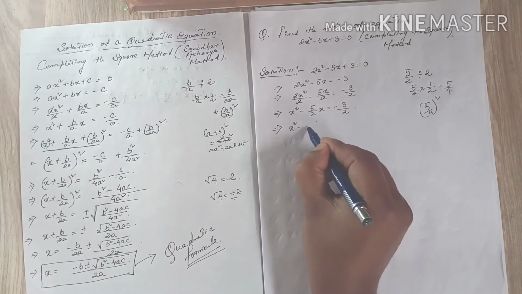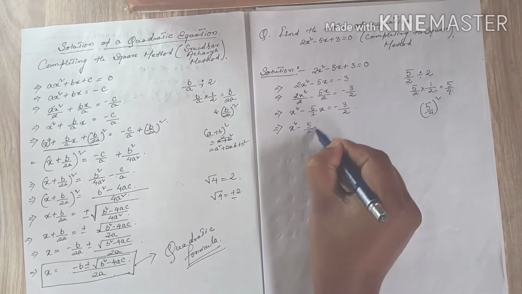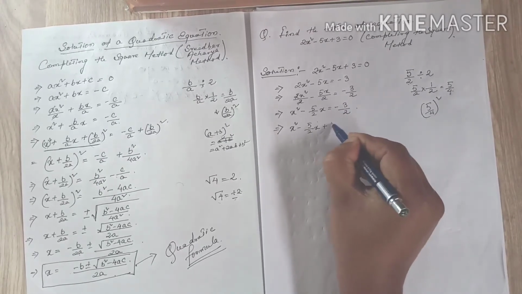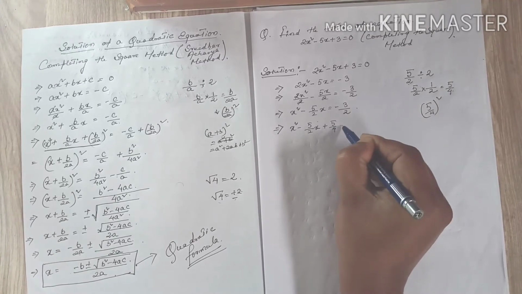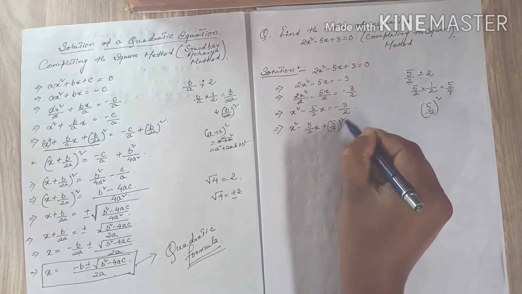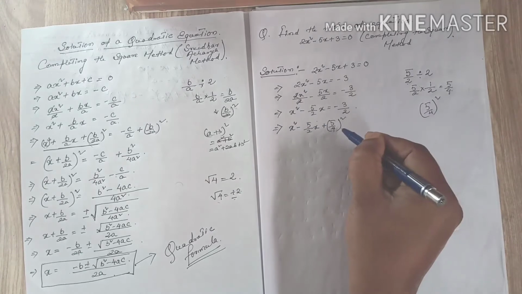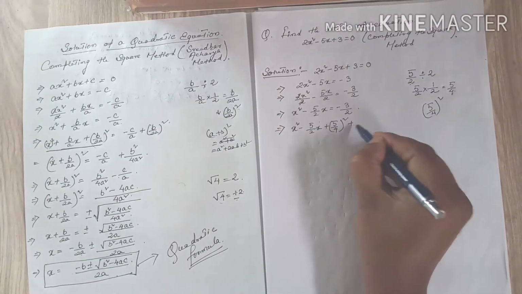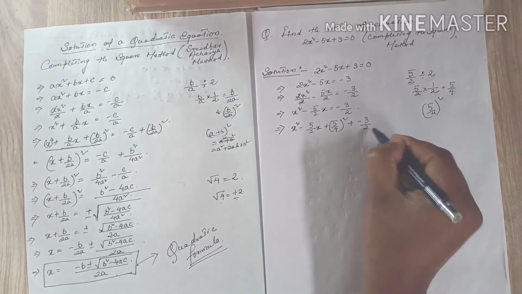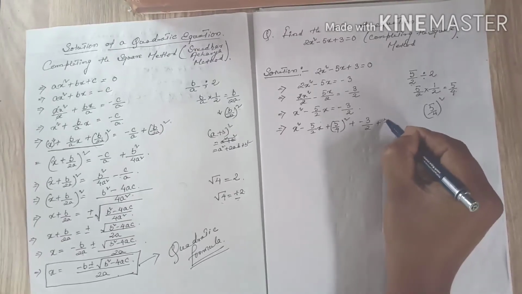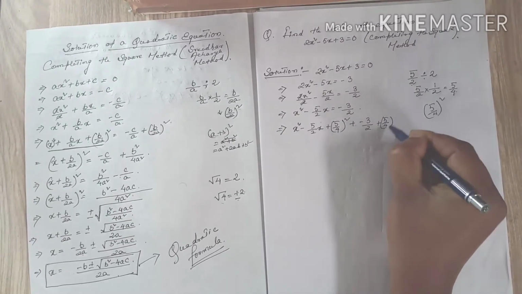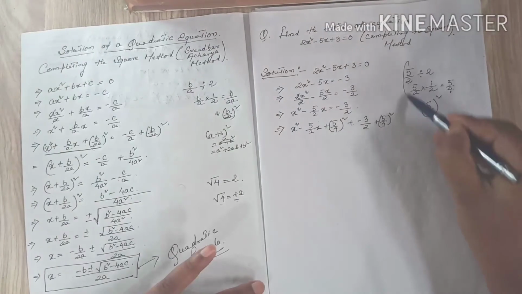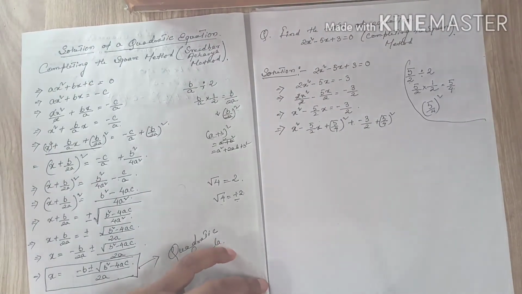x square minus 5/2x plus (5/4) whole square. इसको इससे प्लस कर देना है. Plus minus 3/2 plus (5/4) whole square. All right, correct. Now